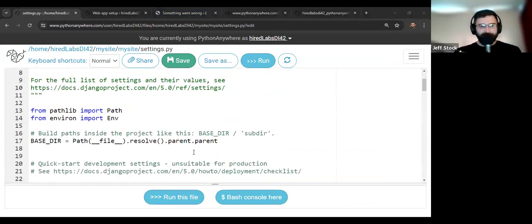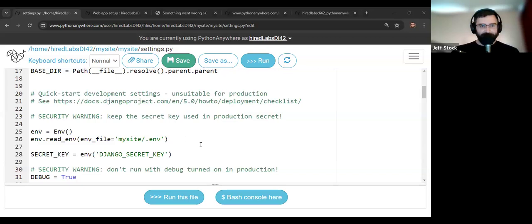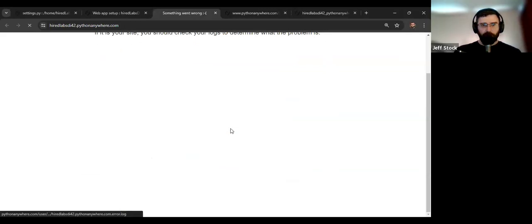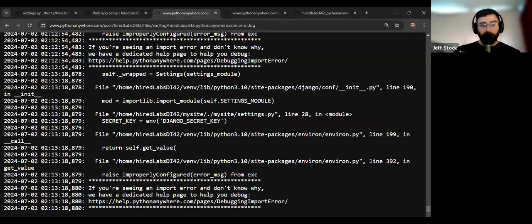All right. So let's make sure that we have all this properly spelled. And I believe we do. My site.env. So VM source code, refresh the browser. Yeah. That is interesting. And our error log just shows that there is improper. Now, this